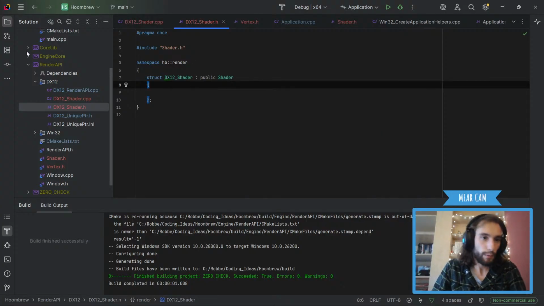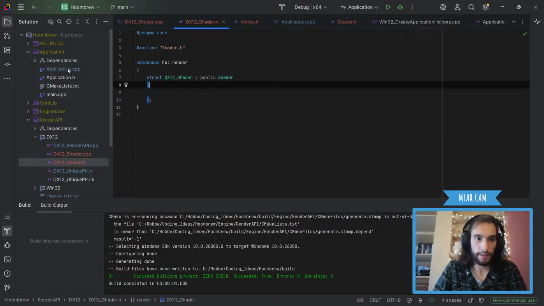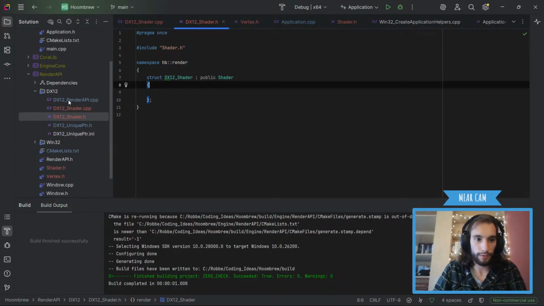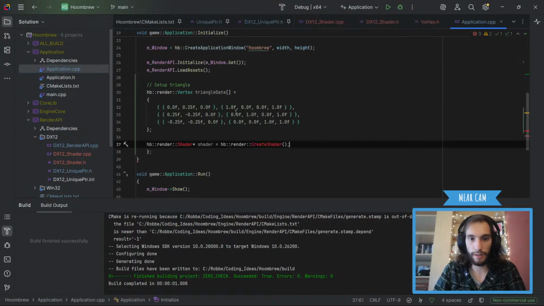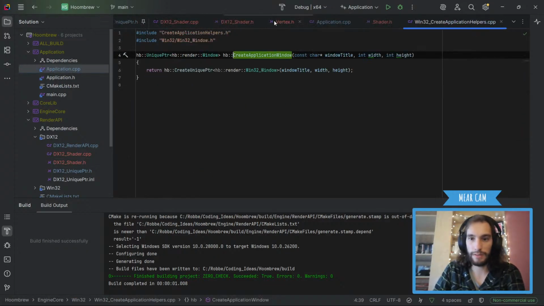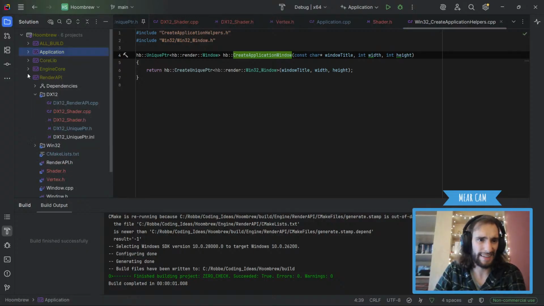What we're going to do now is inside our application, I think, where did we have our function for that? Hold on a second. Let's go back to our application class. We have this, right? Which is in create application helpers in engine core.